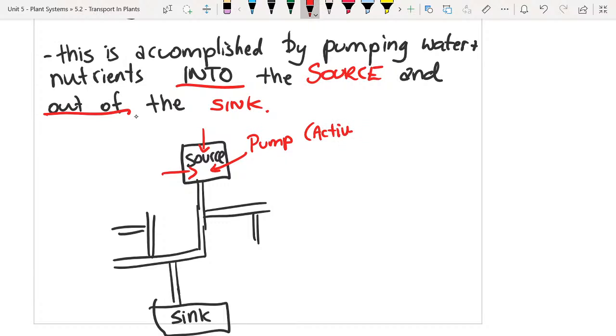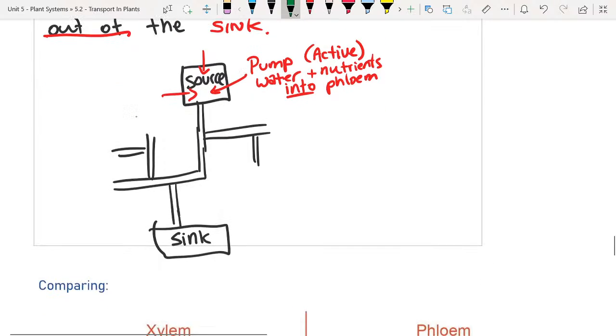And when I say this is an active process, what do I mean? It uses energy. Very good. The cell has to actively spend some energy to do it. And then down here,